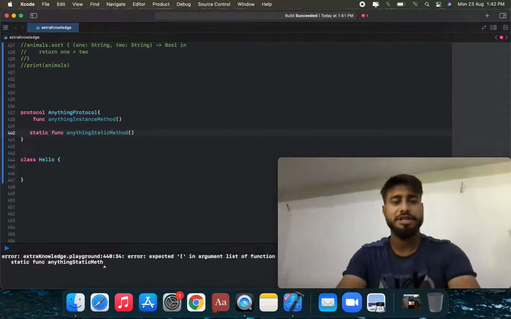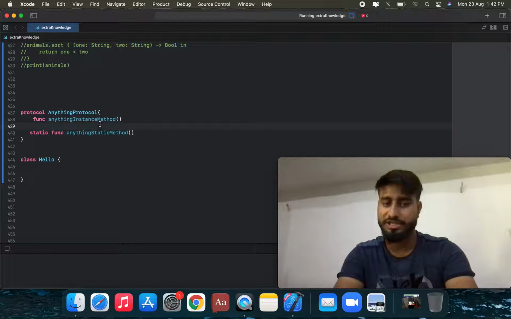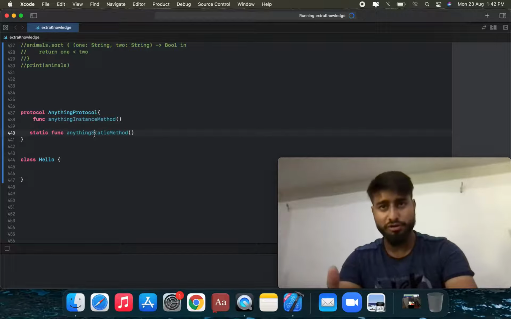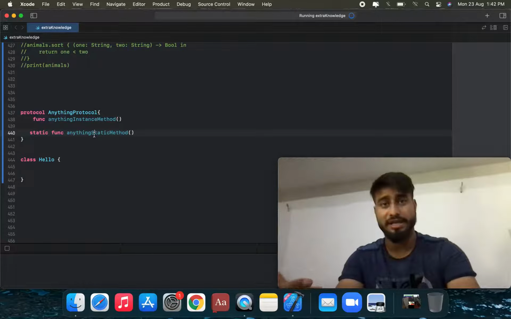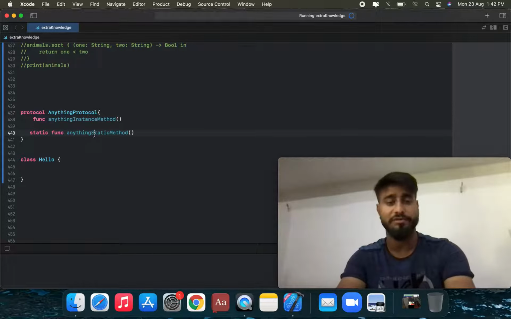A protocol can require specific instance methods and type methods to be implemented by the conforming type.